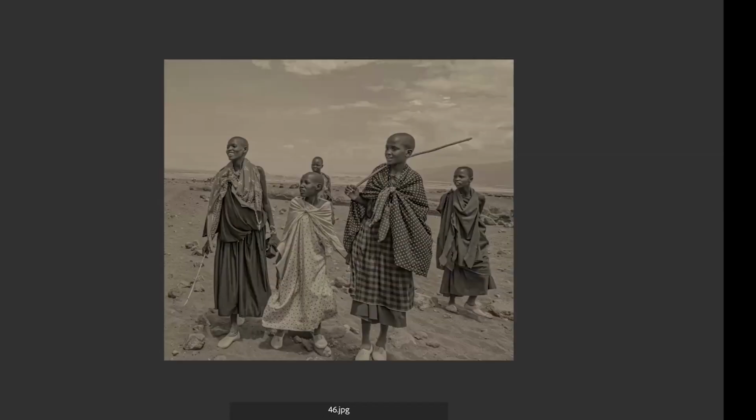Oh, I wish his feet weren't cut off at the bottom. And it's funny, it looks like a sepia tone, right? The faces are beautiful, the sky's beautiful.